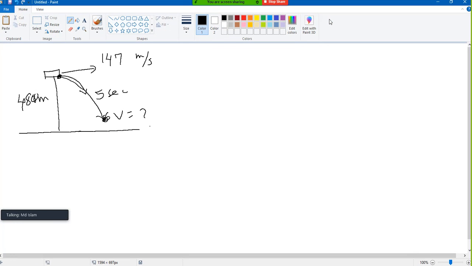What is the velocity after 5 seconds? Yes, so at any point of this path, it has two velocity components. One is Vx, one is Vy. And the direction is one this way, the other this way. And we know from similar angle triangle that if two values are this, their